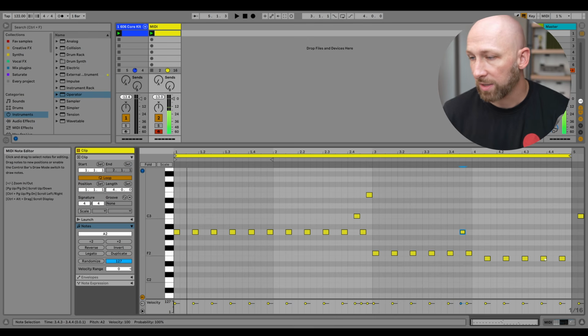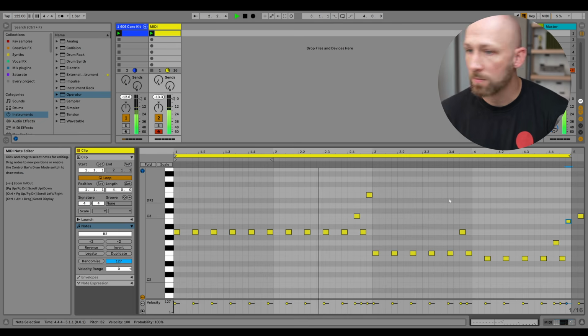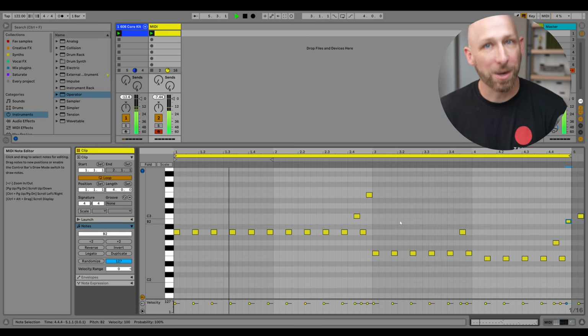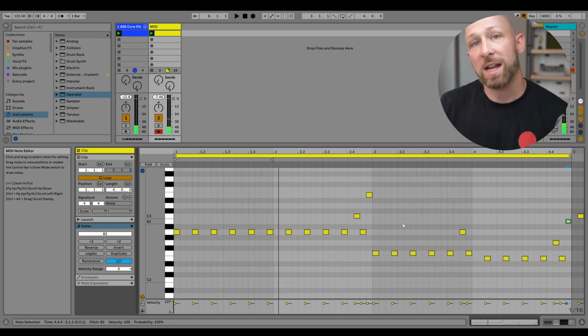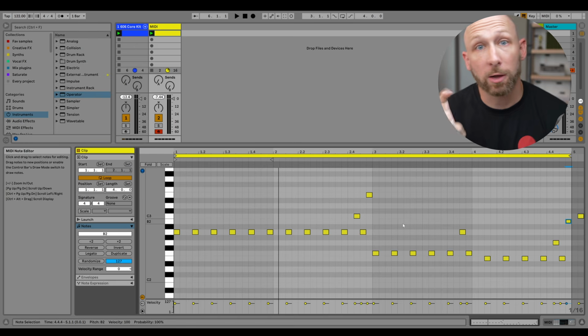So let's put that there. And then over here, another little turnaround. So let's put that one there and that one there. And see how this feels. There we go. In my Foundations of Electronic Music course, I call this a plucked bass line because it's kind